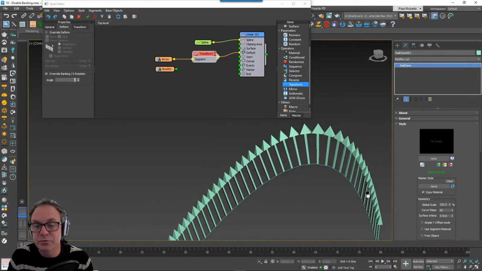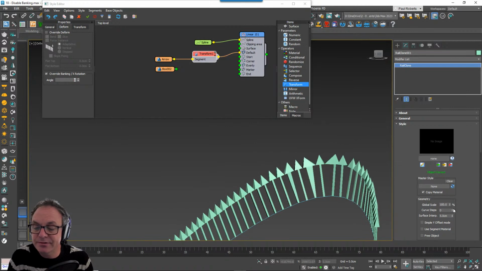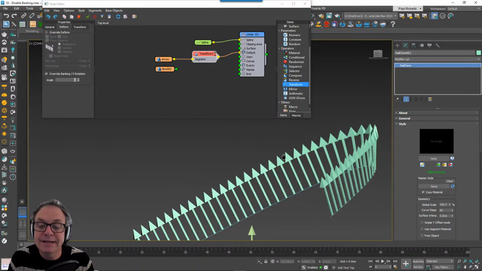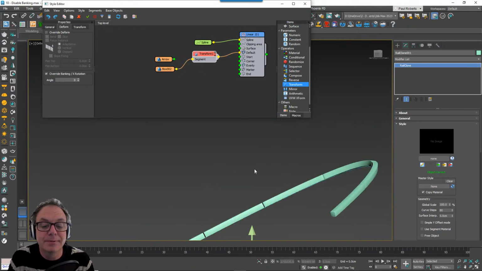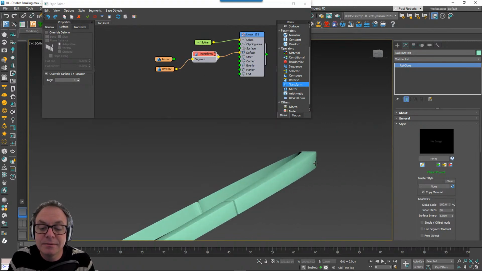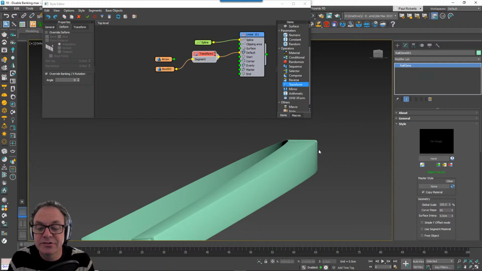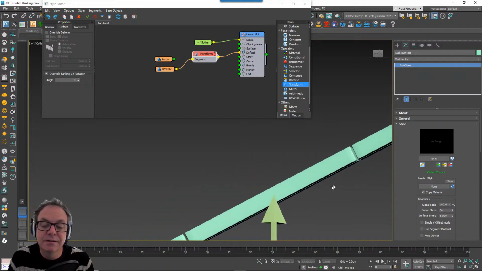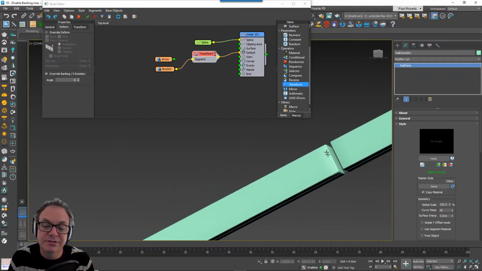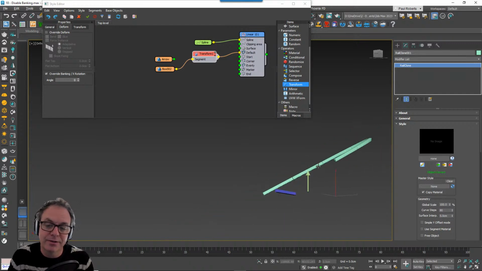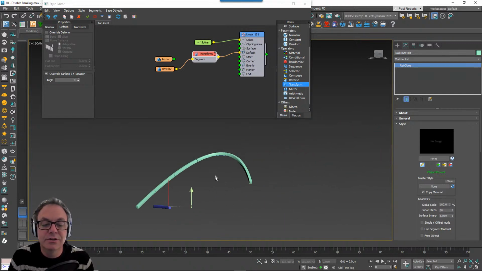Now you might find you also need to increase the curve steps for this, because you can see it deforms a little bit abnormally, so you just need to increase the curve steps to give that a chance of deforming smoothly, but that gives you the effect you're after. And if this was a curb, you can see that's working much better now. It's vertical here, but the joints are still coming out perpendicular to the spline, which is what this particular user was after.